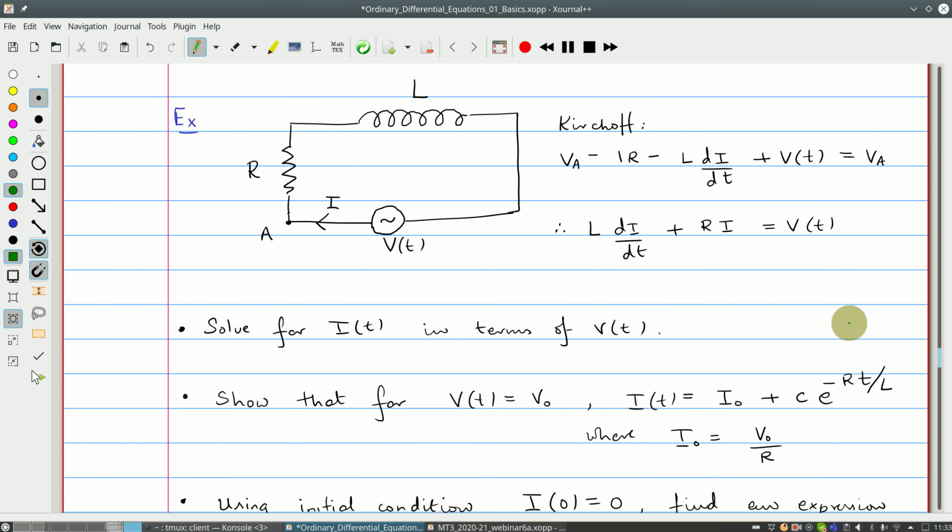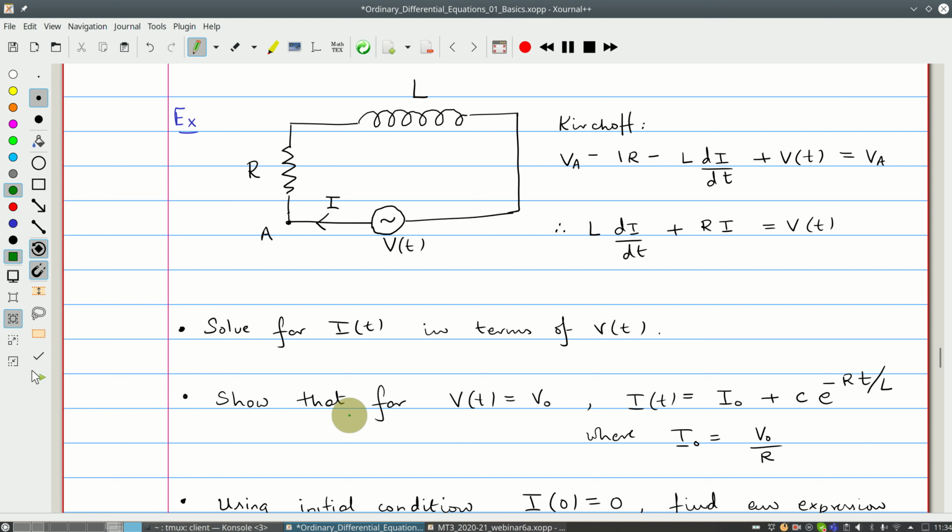Here's the problem. You have an LR circuit, and I hope you remember your Kirchhoff laws. You can show quite easily, and if you have forgotten this, then please go back to your Kirchhoff's laws, that you can write a differential equation for the current flowing in the circuit as L di/dt plus Ri is equal to v(t), where this is the voltage, which is in general a function of time. I would like you to solve for the current i in terms of this voltage v(t),